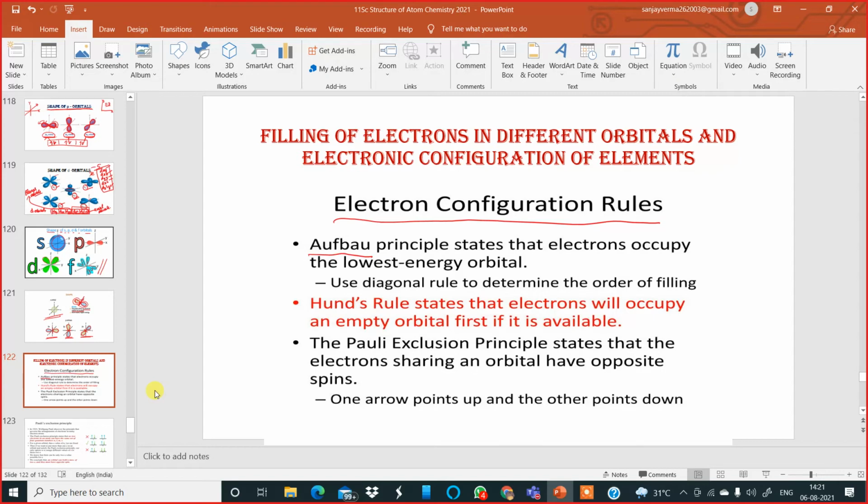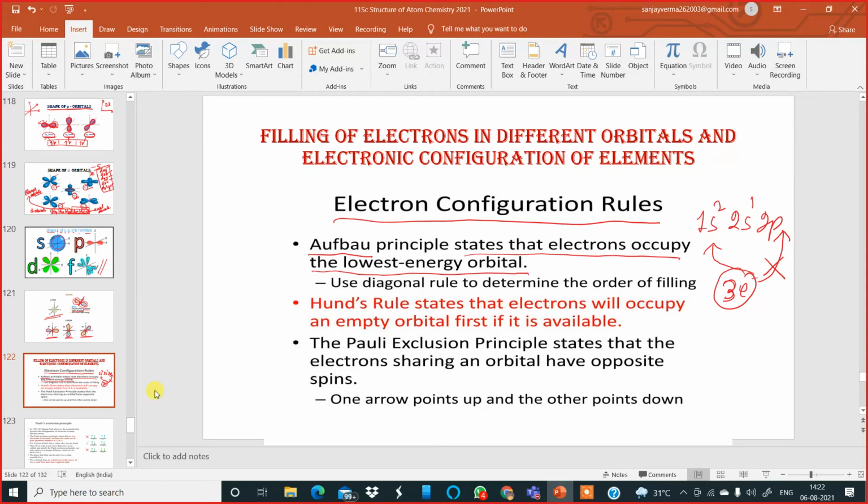The Aufbau principle states that electrons occupy the lowest energy level orbital first. For example, if I have 1s orbital, 2s orbital, 2p orbital, and I send only 3 electrons and tell them to go and fill up the orbitals, 2 will get filled over here, and then only the remaining one will go to the 2s orbital. It is not that all 3 electrons will go and occupy the 2p orbital. This way it is wrong. So that is the meaning of the Aufbau principle, which states that electrons occupy the lowest energy orbital first.